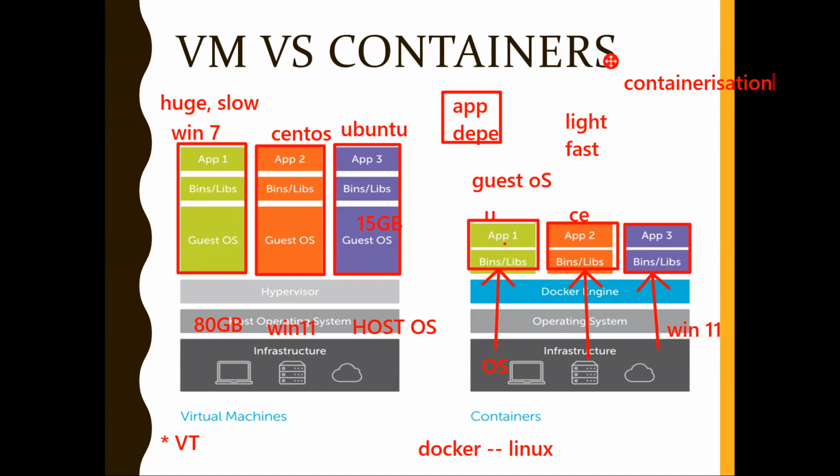Here, has everyone got the differences, all of you? Like I have one doubt. I'm not clear. If they don't have their own kernel, then how will the application run? They'll have the minimal OS. They will not have the full-fledged operating system. They'll have the minimal operating system, like only the binaries and libraries which are required. Not a full-fledged operating system, but the minimal operating system with which they can run.